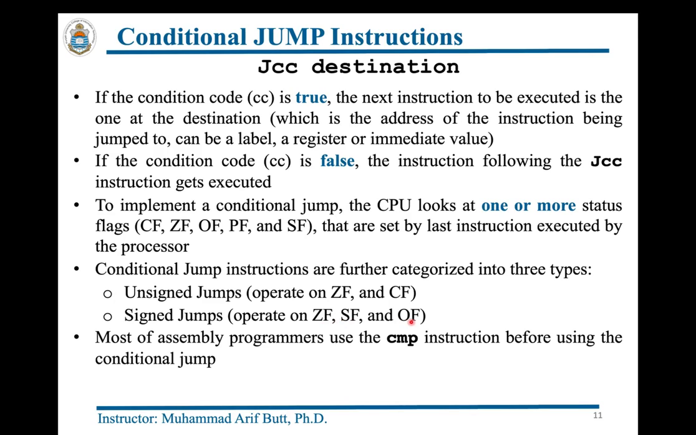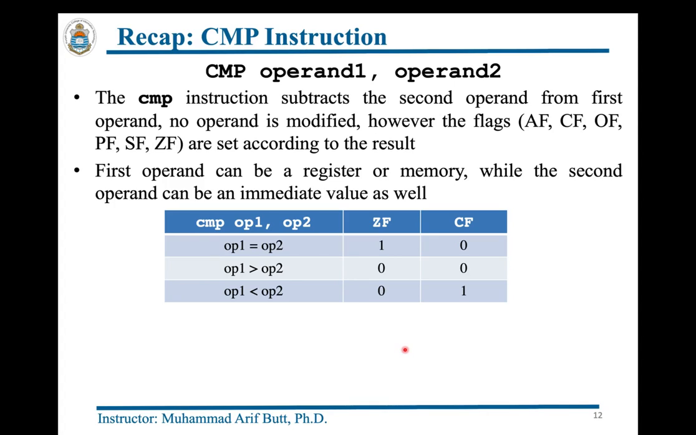And most of the assembly instructions use the CMP instruction before using the conditional jump to set or reset these flags. And I think we have gone through this compare instruction in lecture number 35. However, here is the recap. Well, this CMP or compare instruction is a two operand instruction that subtracts its second operand from the first operand without modifying any of the operands, and it, however, updates the six flags: auxiliary, carry, overflow, parity, sign, and zero